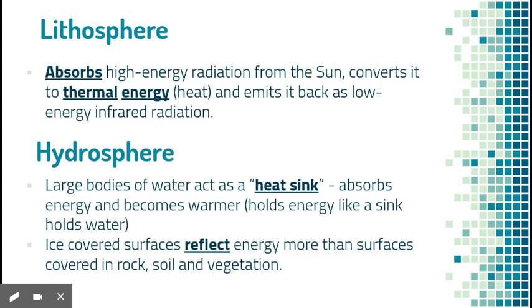Okay. Large bodies of water act as heat sinks. So a heat sink, and plants are also heat sinks, okay? They absorb energy and become warmer, but they hold on to that energy. So it doesn't actually radiate it like the lithosphere does. It just kind of grabs it and holds it. So instead of increasing the overall temperature of the Earth with that infrared radiation, it controls it. Okay? And the oceans, for example, do that really effectively. However,